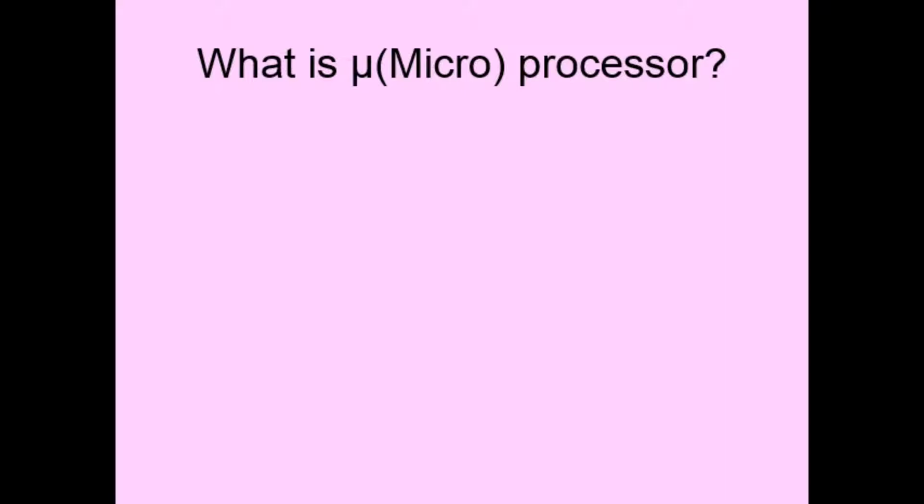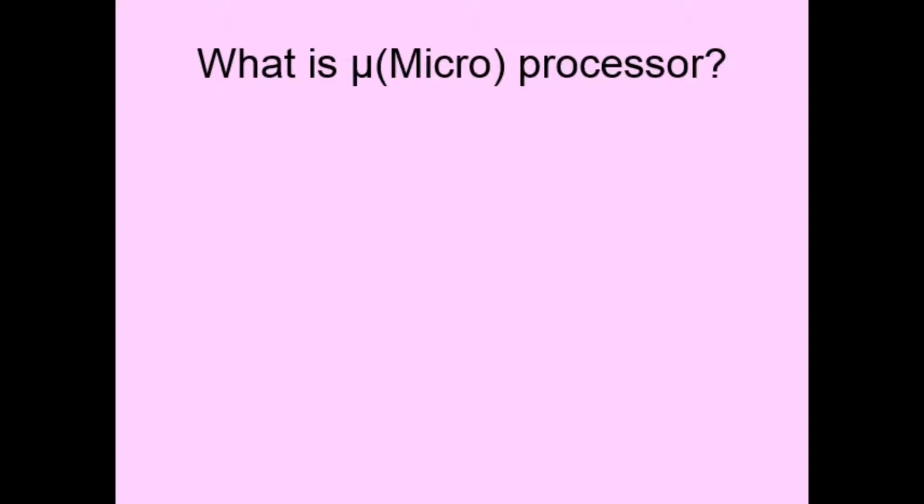Now what is the example that I can quote? The Intel Core i3 or Core i7 or Atom, whatever is put as a sticker on the laptop, that is the microprocessor. So that microprocessor which is present inside the laptop, that is what we are going to learn in detail. Now let us go with the definition of microprocessor.